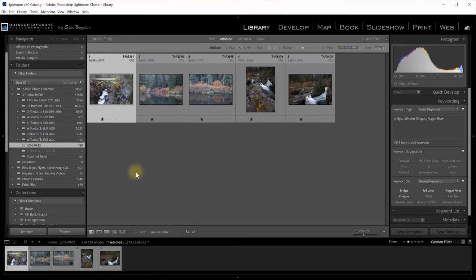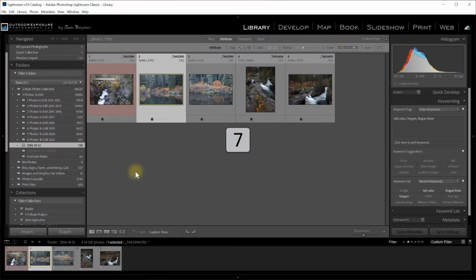And I really only use 2 color labels. I like to keep it simple. So if it's one of my top tier, my favorite best images, I give it a red color label. And if it's one of my second tier images, I give it a yellow color label, which is the 7